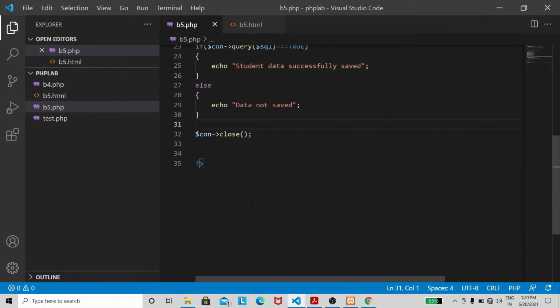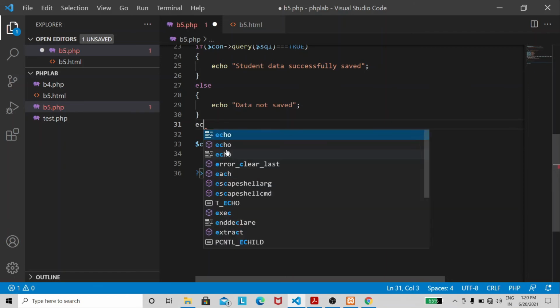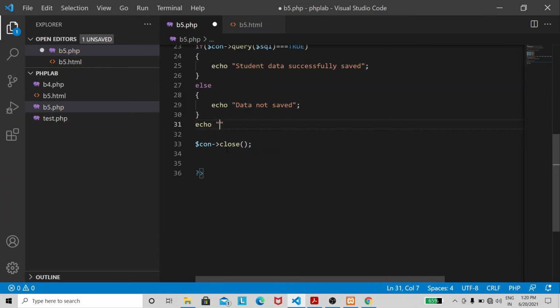Now what we need to do is go back to our Visual Studio Code and write a query to select all the database table records and display them in a table. So first I'm going to echo one heading, Student data.